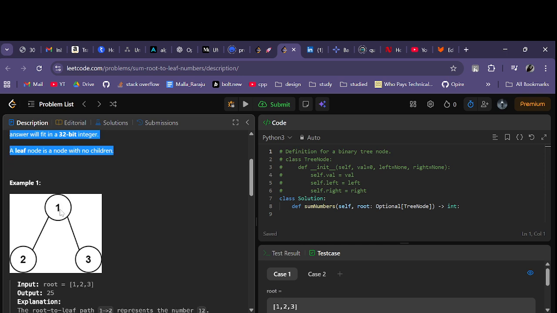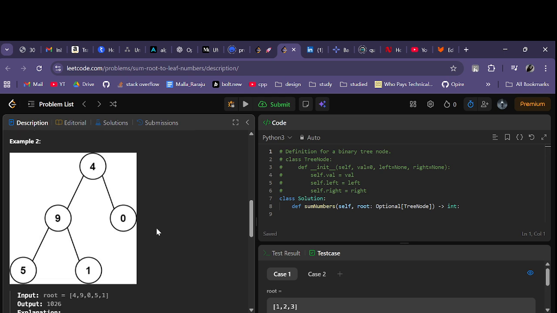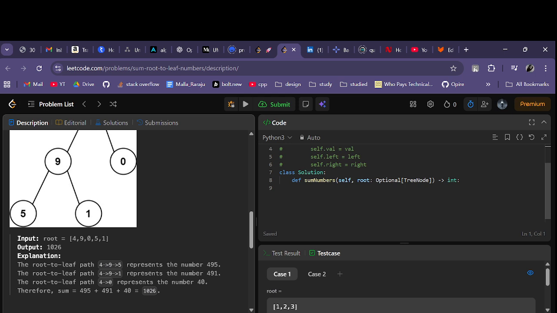So instead of binary numbers, we have to do it for decimal numbers like 12, 13, and here 40, 495, 491, and so on. So it's the same as before, in a different way, like